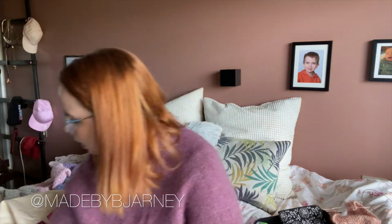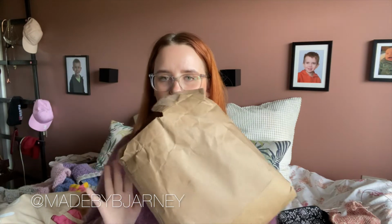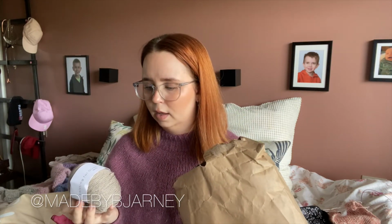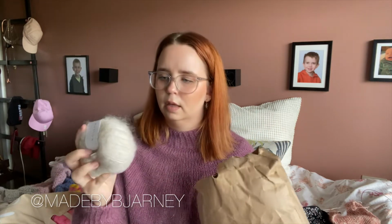I think that's all that I wanted to show in this video, but I do have some acquisitions. This is the Knitting for Olive yarn, and I got the merino in oatmeal, and then the